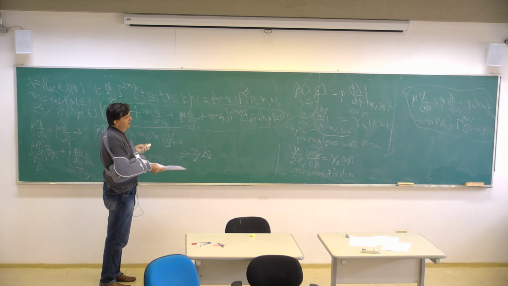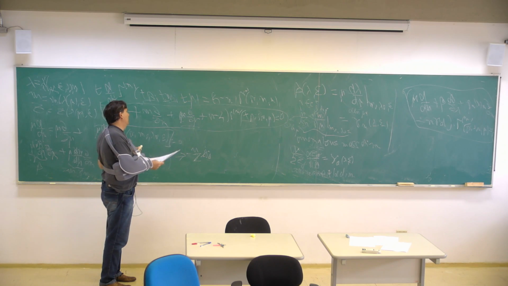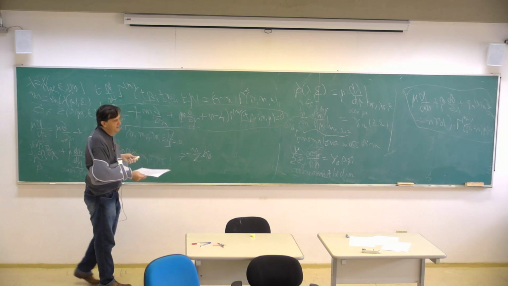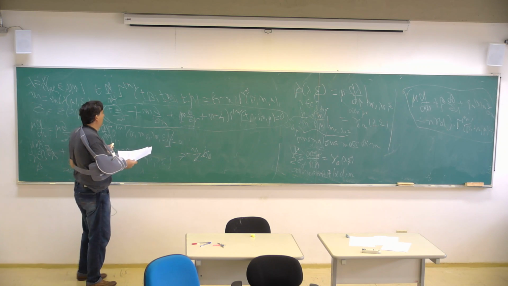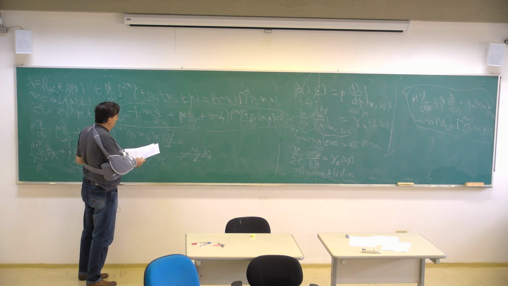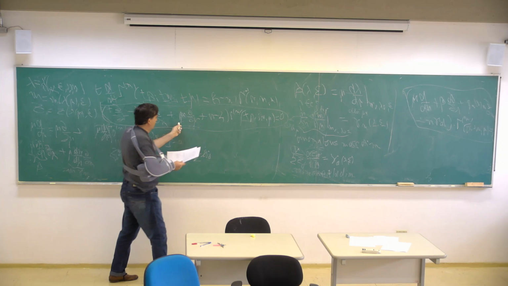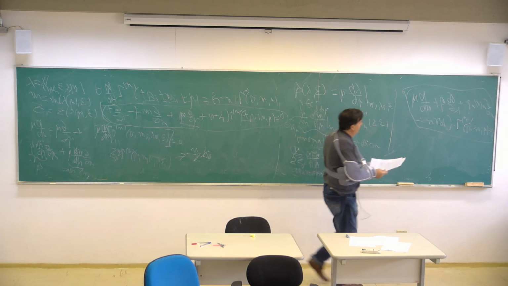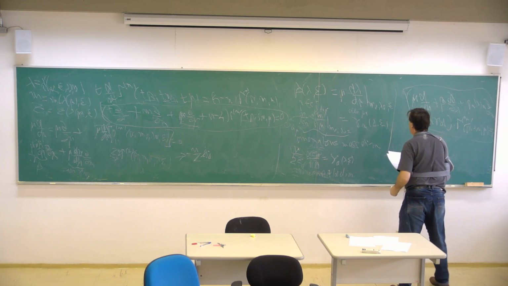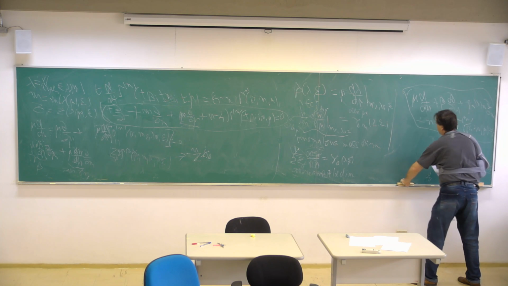But remember, I said we wanted to trade it for mu bar, or in other words, for the dependence on the momenta, on the scale of the momenta. So what I really want to do is to eliminate this mu d/d mu in between this equation and this equation. So when I do that,